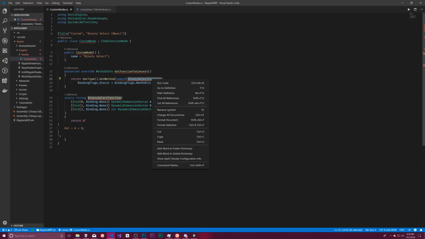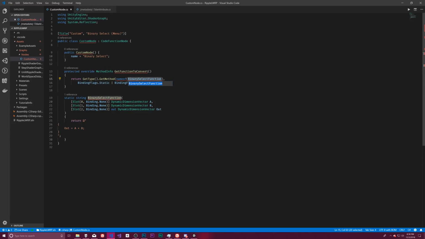How do you rename in Visual Studio Code? Rename symbol, F2. So if we do binary select code or shader code or whatever we want, it will rename it in both places. Why didn't it rename it in both places? Okay, that was a bad example, but theoretically it should rename it in both places, and then you're set,